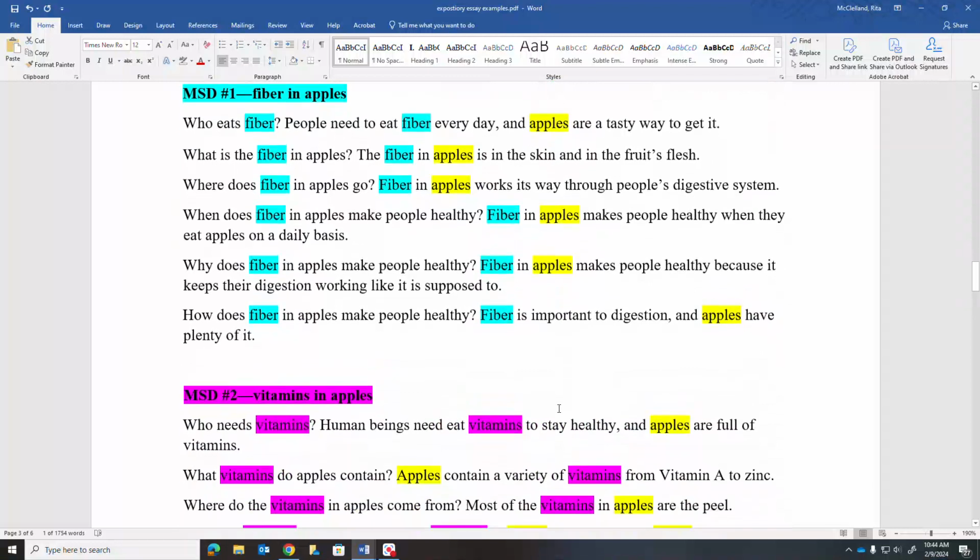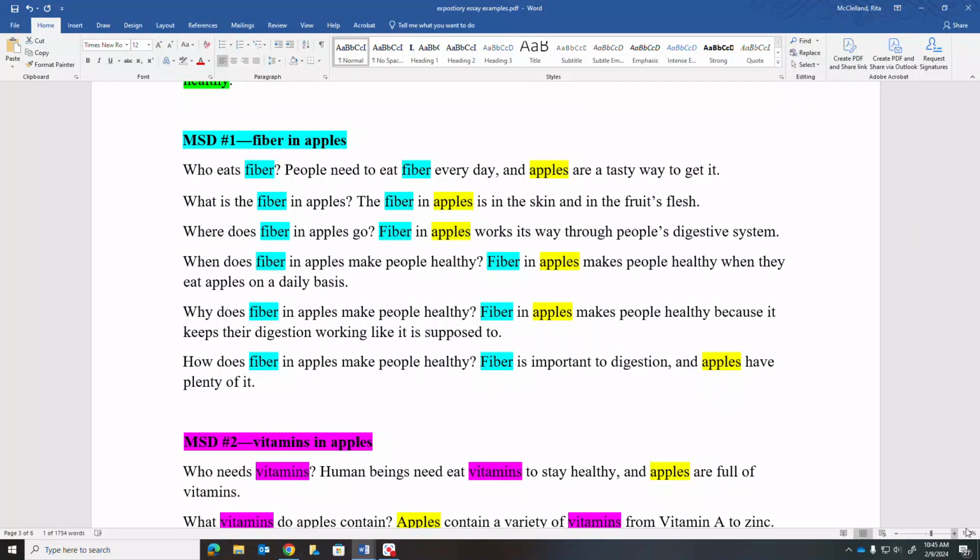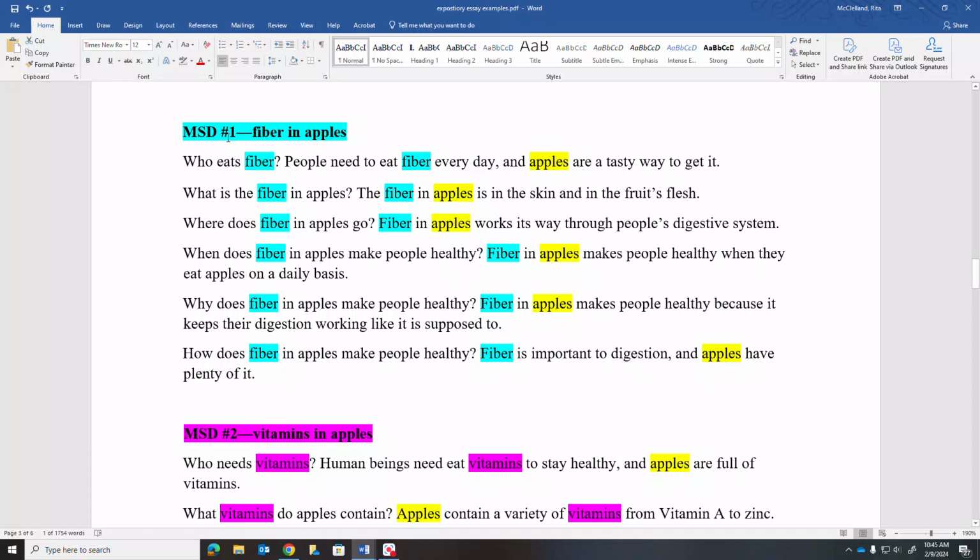Now let's look at our major supporting details. My first one is going to focus on fiber and apples. So I have fiber, apples, fiber, apples, repeated six times. Now, when we look at this, you're going to say, oh, Dr. McClellan, you've got fiber and apples, fiber and apples. Yes, I know. And if you want to change them around and say apples have fiber in their skin,